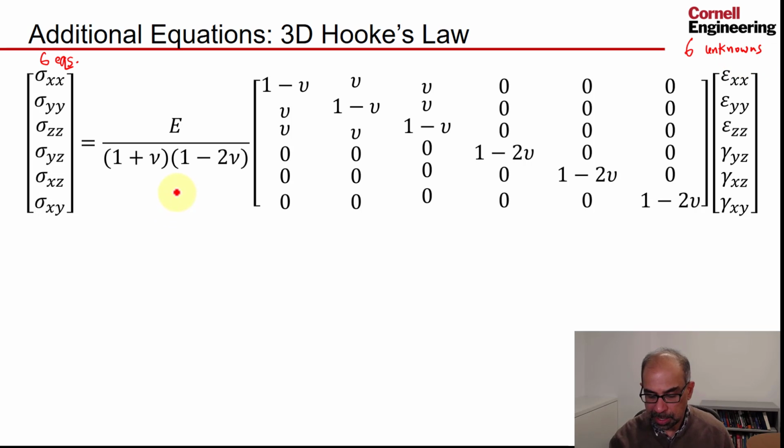And I'm assuming that the material is in the elastic range, because stress is directly proportional to the strain in this relation. And I have 2 material properties, Young's modulus and Poisson's ratio. And the Young's modulus, I'm assuming, is the same in all 3 directions. So I also have an isotropic assumption embedded in there. Okay, so I need